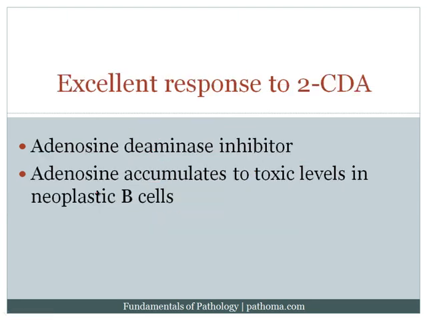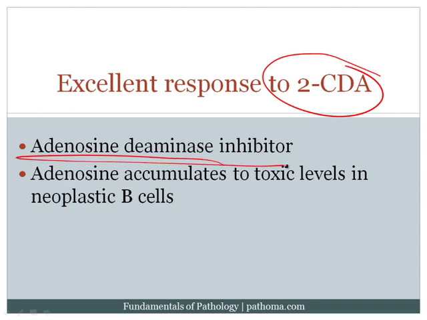hairy cell leukemia. Very high yield to note that there is an excellent response of hairy cell leukemia to a drug called 2-CDA. The reason why examiners like to go after this is because it is an adenosine deaminase inhibitor. If we inhibit adenosine deaminase, adenosine will accumulate to toxic levels in neoplastic B cells. Recall from biochemistry that adenosine deaminase is actually part of the purine degradation pathway. If we block adenosine deaminase, then obviously adenosine would accumulate, which would then result in death of the neoplastic B